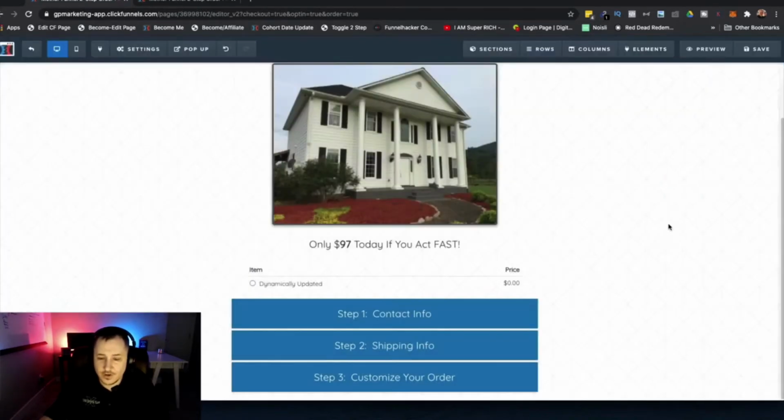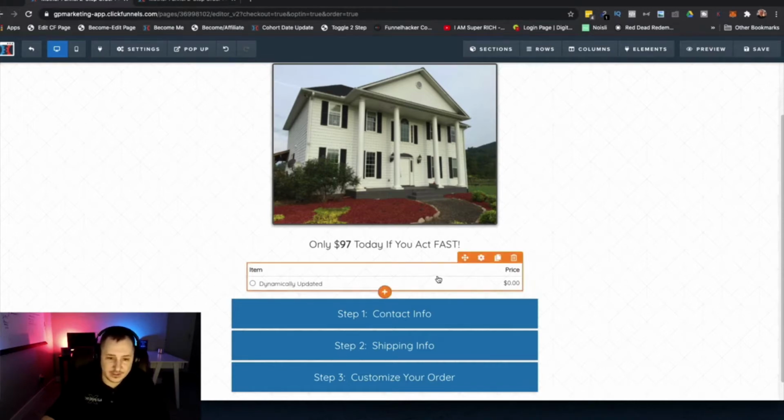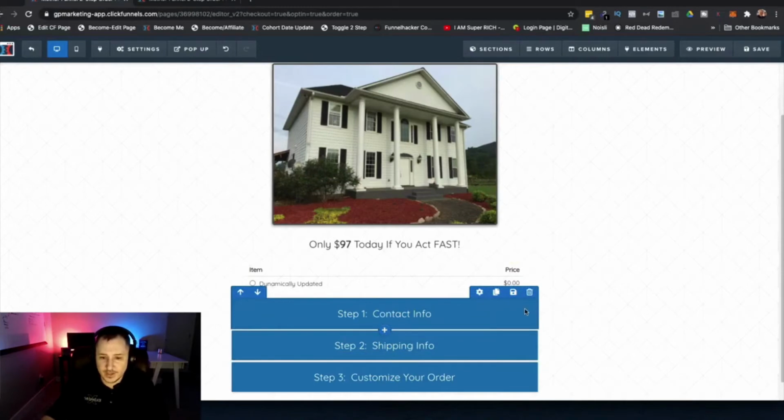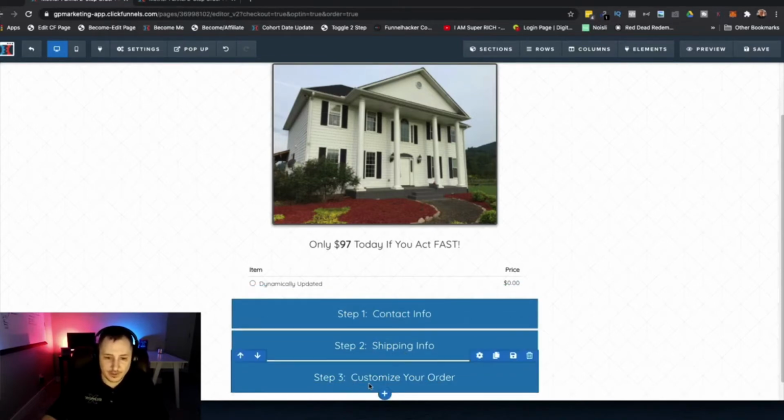Yep. So when you first build this page out, my recommendation, make sure that you have this little element here, which is the product selector, and it's probably easiest just to have it just outside of the three steps, and then create three rows: row 1, row 2, row 3, and name them step 1, step 2, step 3. Put some background in there. That way it's got a little bit of flair. It kind of sticks out.